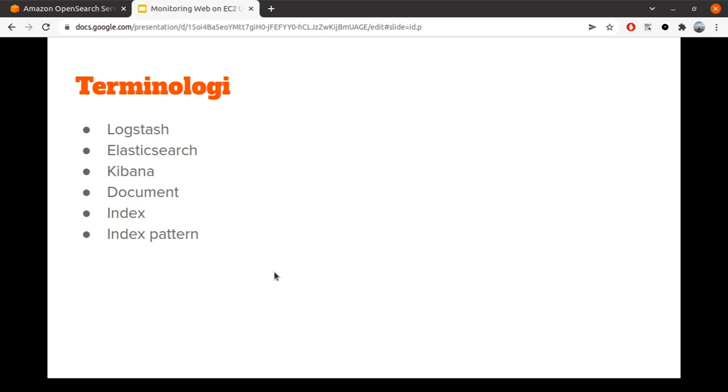Let's say you have an index called log Nginx for today, log Nginx for tomorrow, log Nginx for yesterday, and something like that. And you can have an index pattern called log Nginx wildcard or star, and then those three indexes will be wrapped as a single index pattern, and then you can query to visualize your data there.